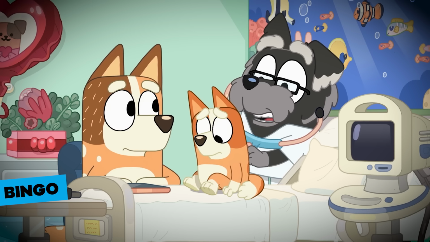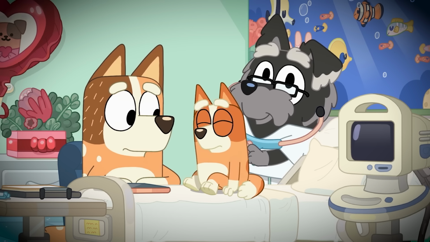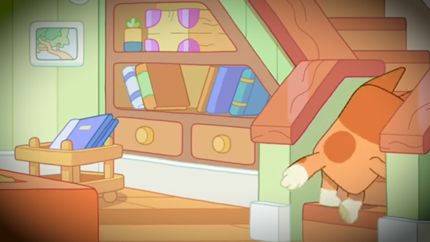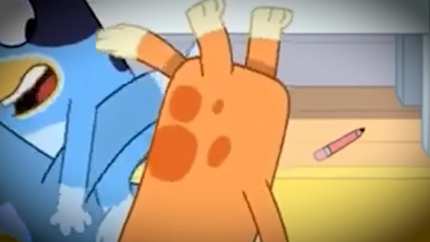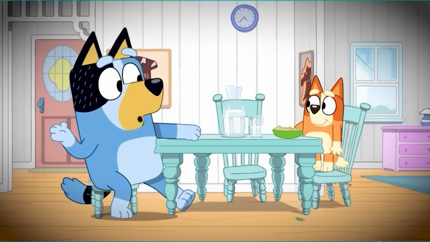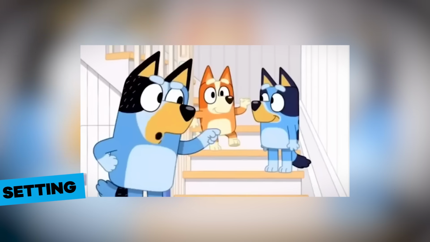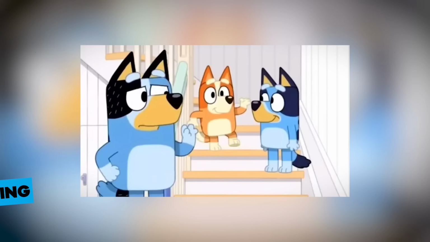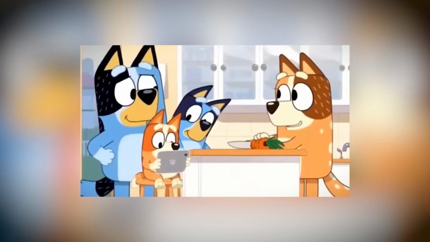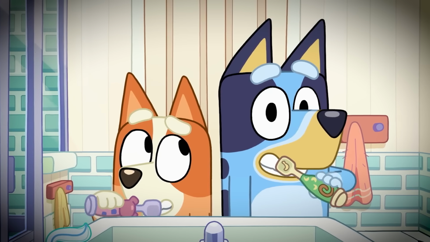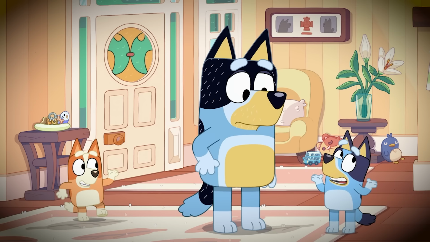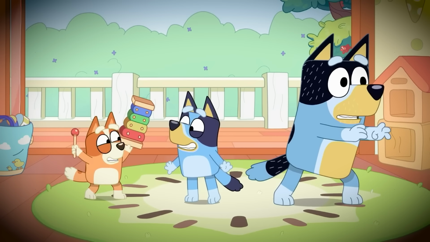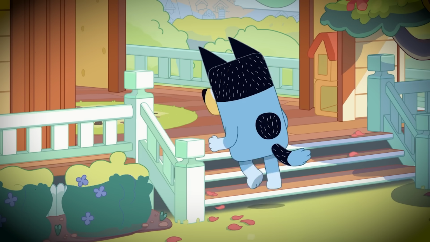Even the youngest member of the family didn't escape having a different version. Notice that the official Bingo has just one large spot on her back, but the 2017 Bingo has several dark orange spots, suggesting she was designed to be a mirror image of her mom. You might not know this, but the 2017 pilot episode corresponds to Weekend, the 6th episode of Season 1. This is because that story was originally written to be the first episode of the season, but Joe Brum swapped it with Magic Xylophone. This doesn't mean there aren't changes to the setting, so let's check out the differences.